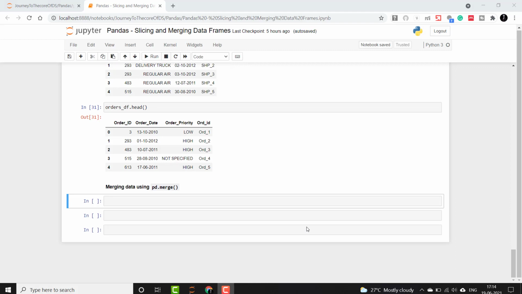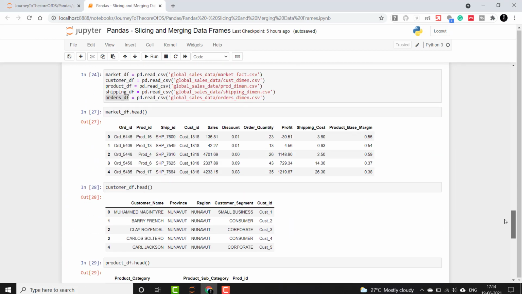Now let's move on to merging the data frames. Say we want to select all the orders and observe the sales of a customer segment. Since customer segment details are present in the customer DF, we first need to merge it with the market DF. When we look, we will notice that customer ID is the common column between these two data frames. So we have to do an inner join, just like SQL does. We have to make sure that only the customer IDs present in both DFs are included in the result. It will operate just like the SQL inner join operates.